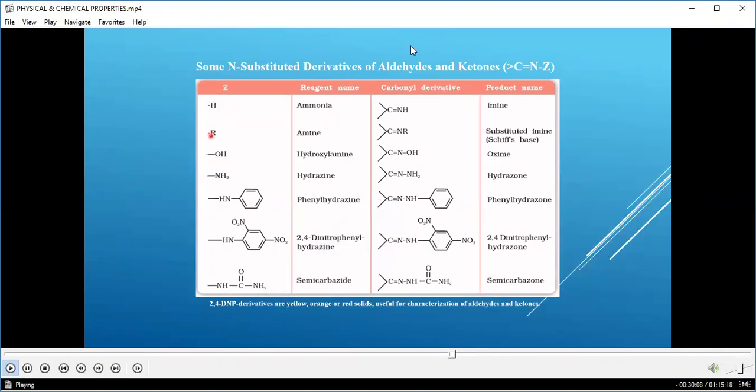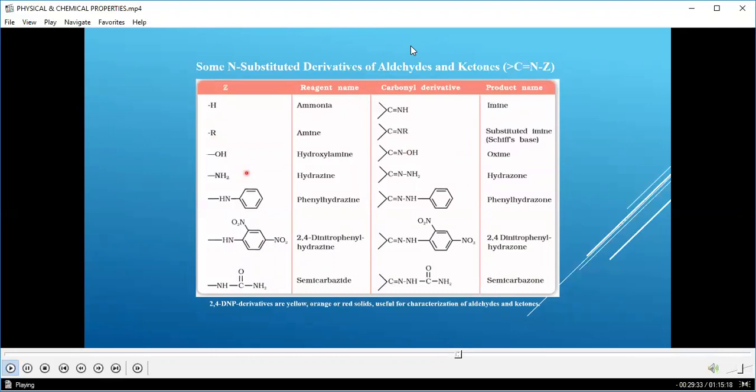Now if your Z is replaced by R, that means it can be any alkyl group, CH3, CH3CH2, and so on. It can be propylamine. So the simplest way is you are going to keep your reagent, the carbonyl compound, it can be HCHO, it can be CH3COCH3, but we are basically concerned about the carbonyl group, and by removal of water molecules we will be obtaining this desired product. This is the substituted imine, the Schiff base.